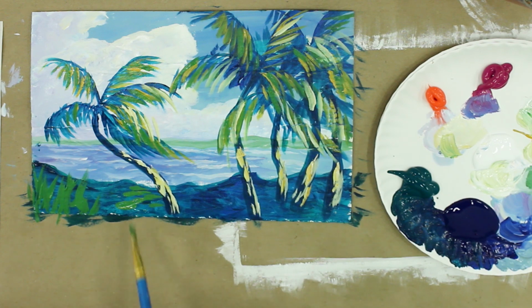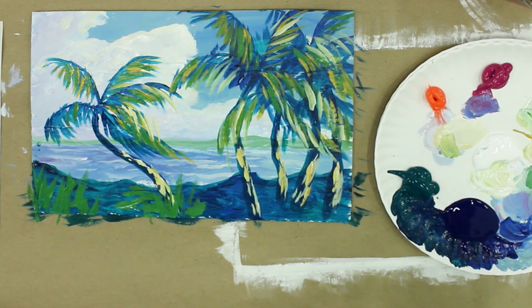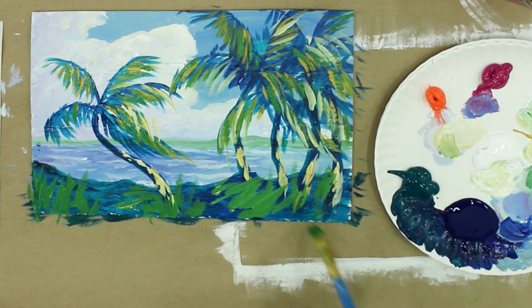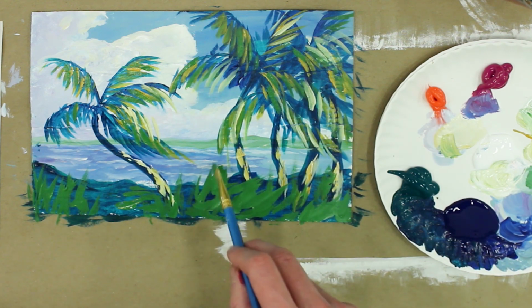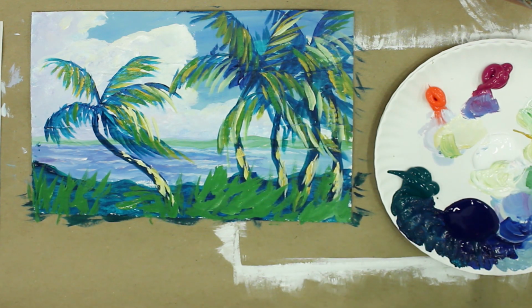And you'll notice, just like the clouds too, right? They're not going straight up and down. They're all kind of leaning to the right. Again, that'll give you a sense of air and energy and movement. It's a little thing. Like all these things we've been doing, it's just one of many little things that helps make the overall scene seem a little bit more alive, right? Like the stuff is always moving in real life, right? And growing and reacting to the weather. So just something as simple as kind of having things at a diagonal like that helps